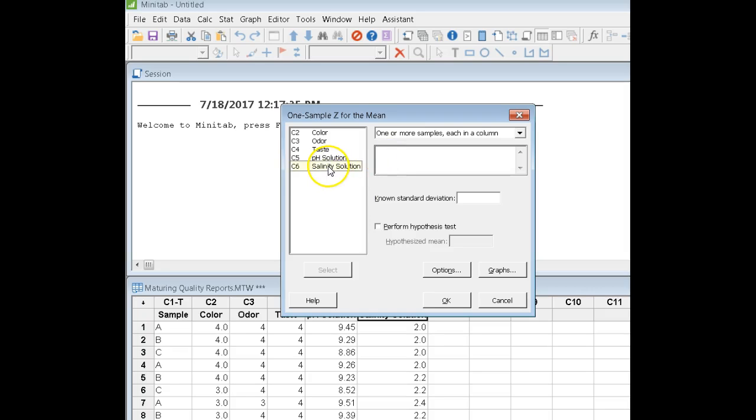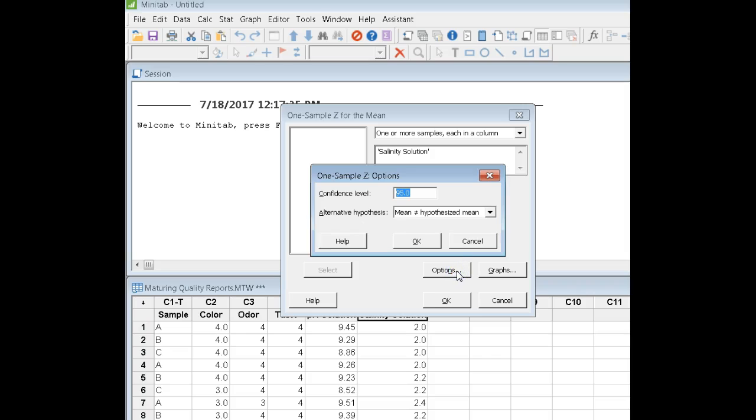And the data we're interested in is the salinity of the solution. Minitab is prompting us for the standard deviation of the population, or in this case, the standard deviation of this whole process of canned shrimp. That's known to be 0.43. We're going to perform a test of hypothesis. We want to know whether the brine of these shrimp is equal to what it should be, which is 2.5. And if we go to options, we're interested in whether it is not equal to 2.5,